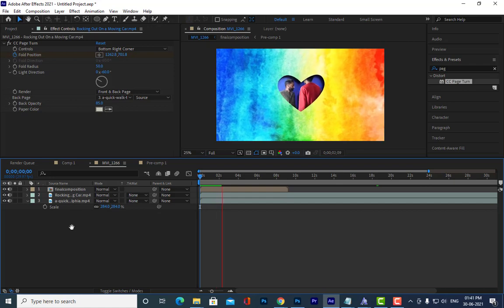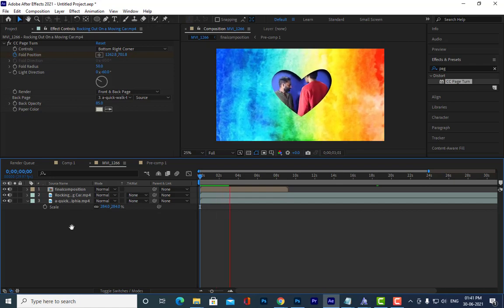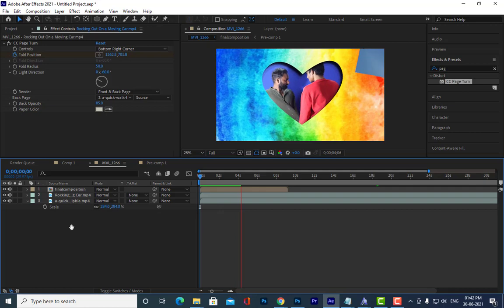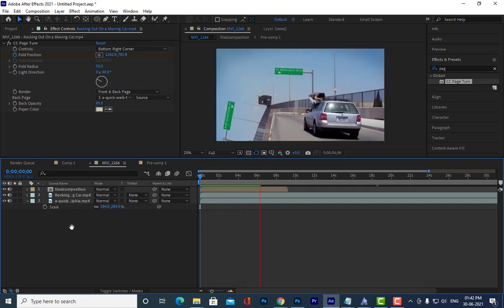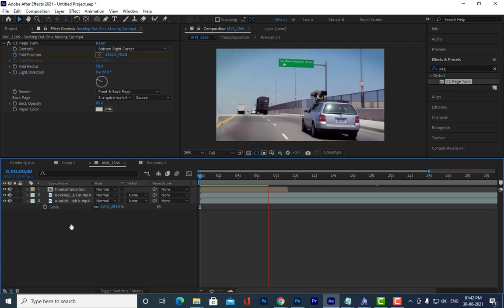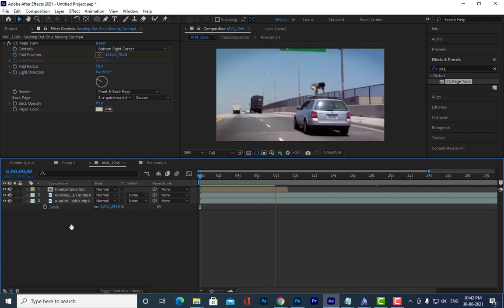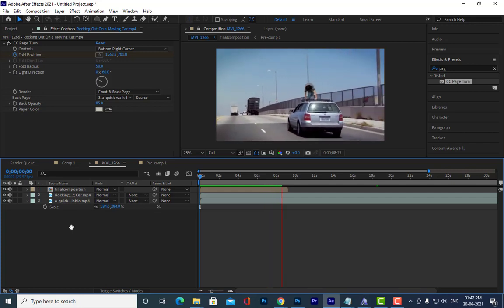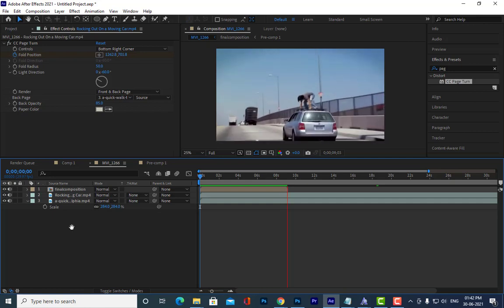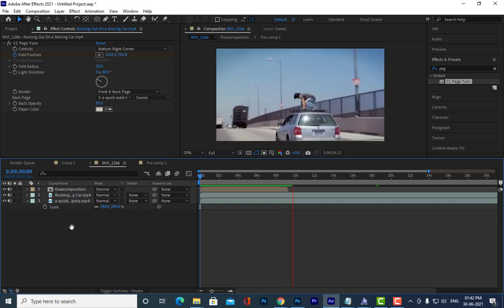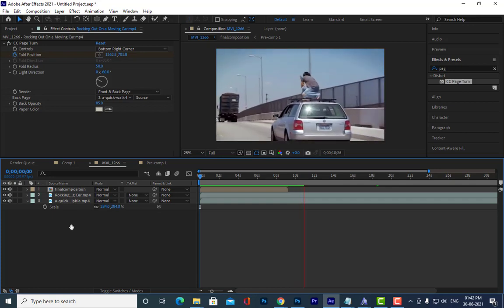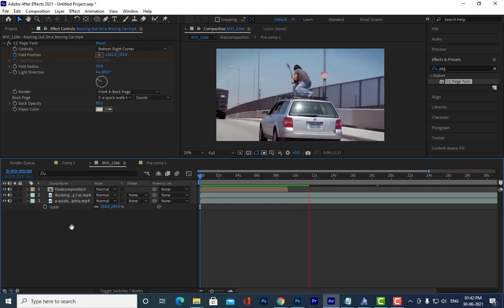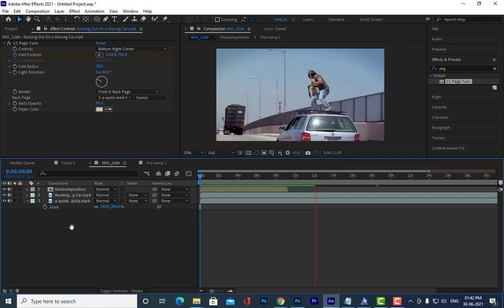After this first one plays for some time, it will use the page turn, and the second video appears. The second video will also go away with the page turn, but the page turn effect will use the third footage as a back page. Are you all getting my point?